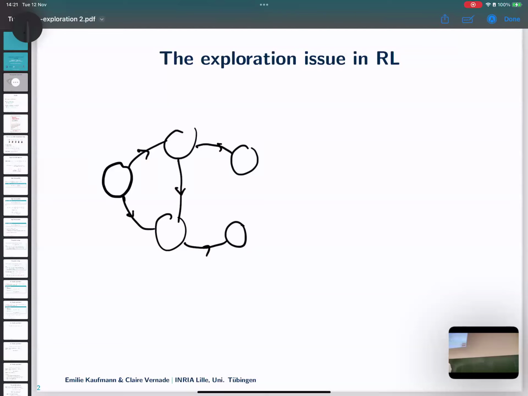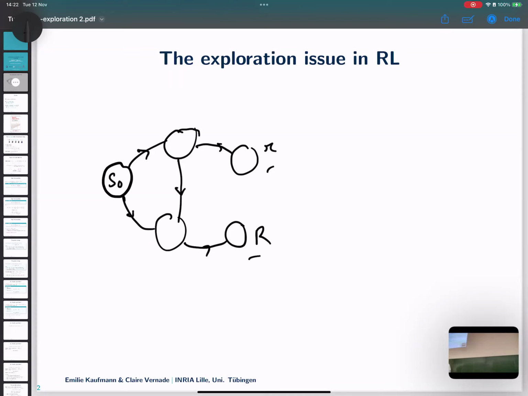And sometimes when you take an action, you get a reward. Maybe here the rewards are a little bit bigger than here, right? But you start here, and in general in reinforcement learning, you try to find a policy that's going to navigate in this environment and try to collect the rewards.